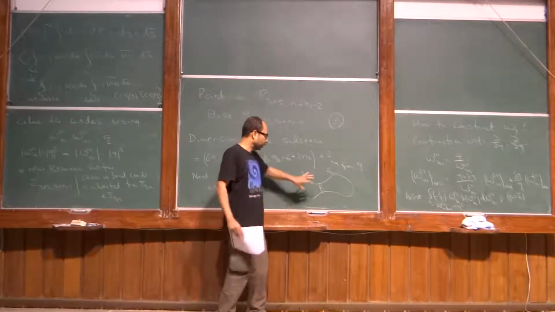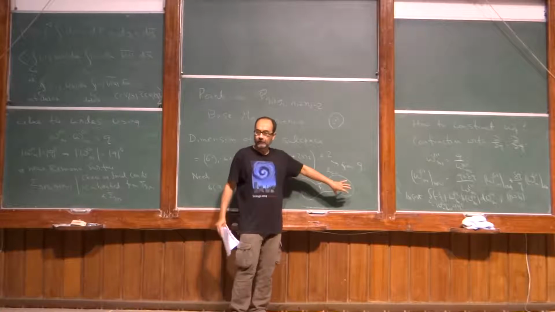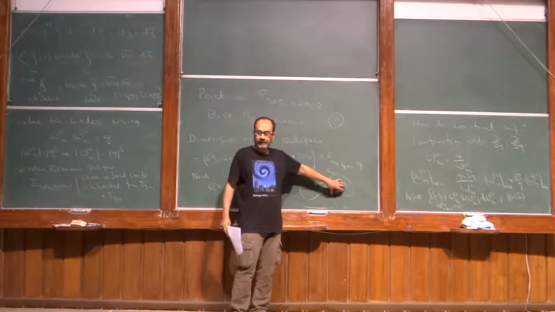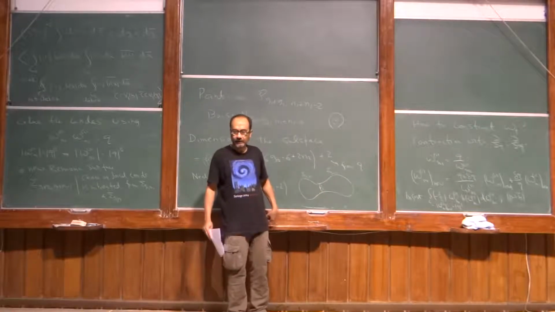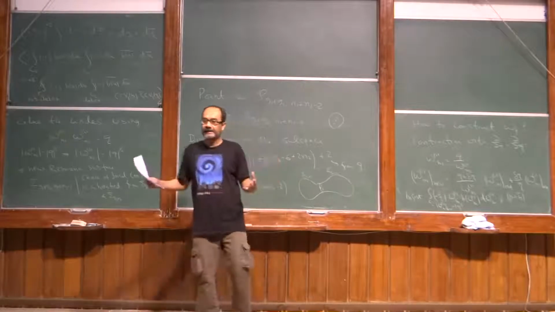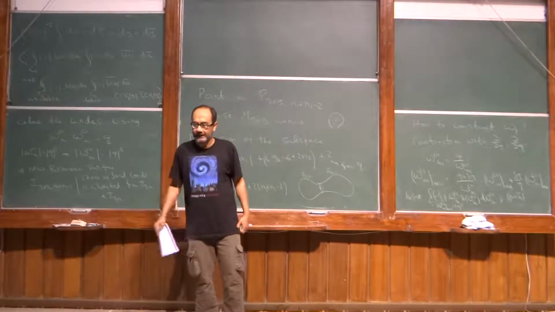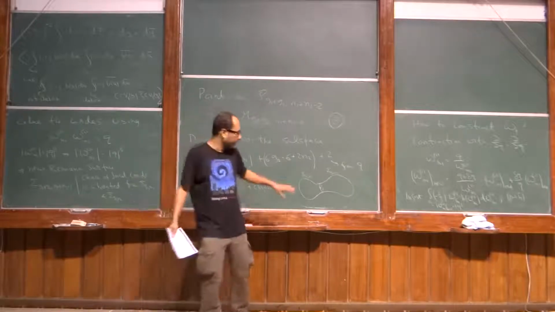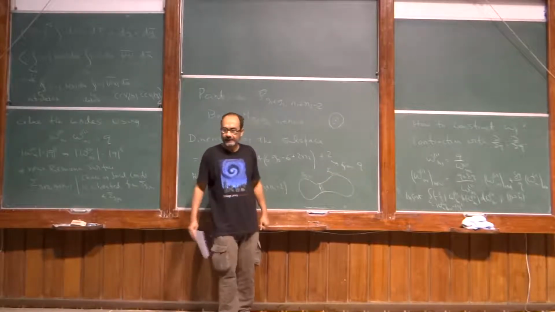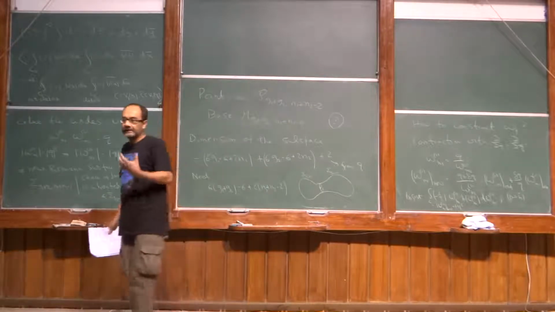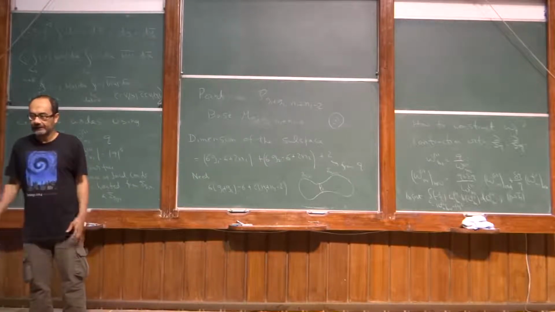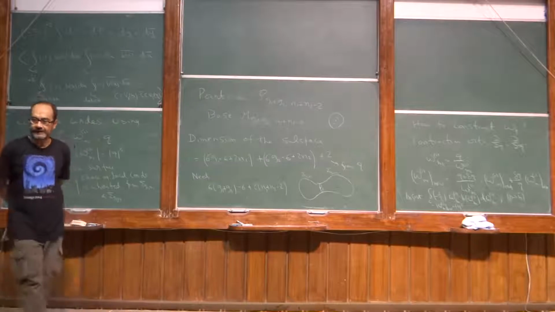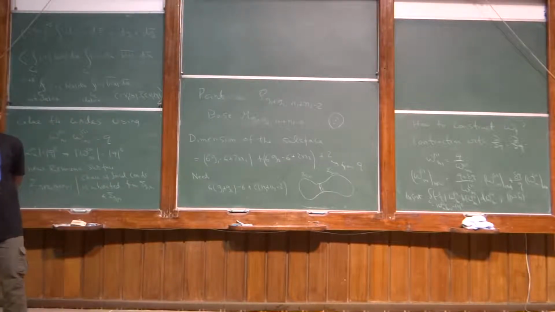Now the question is: suppose you have a way of computing correlation functions on this and on this, can you compute correlation functions on the full surface? So far I have only told you how to write the answer in terms of correlation functions on the glued surface. But can you compute the correlation function on the glued surface from the individual correlation functions? That's what we'll see next, because if we can do that, then in principle we can start from a sphere with three holes and build everything from there. In fact, that is one way you can define correlation functions for higher genus Riemann surfaces, just starting from the sphere.